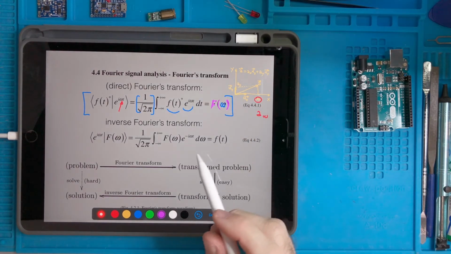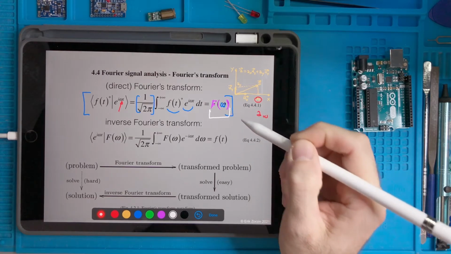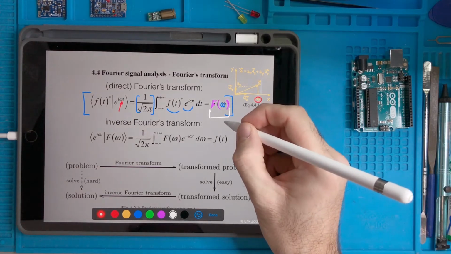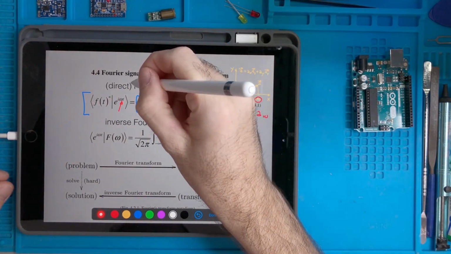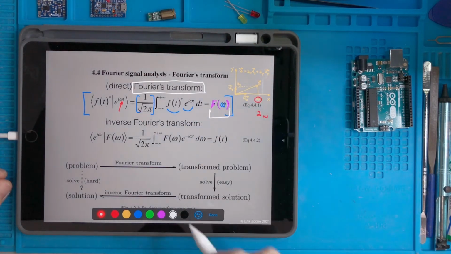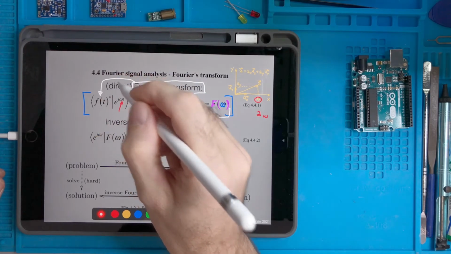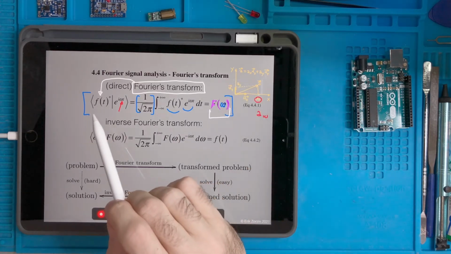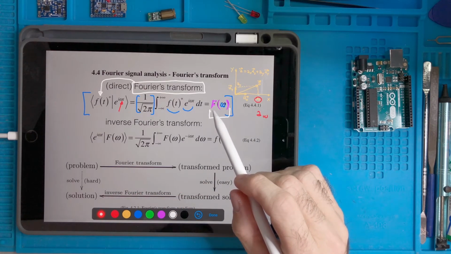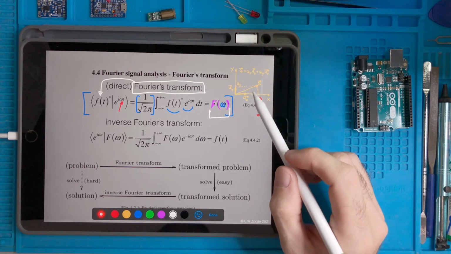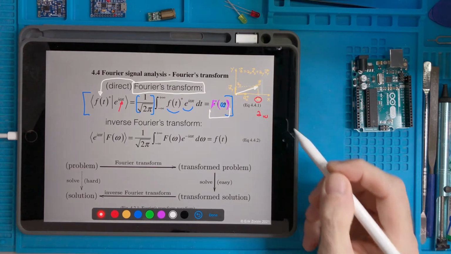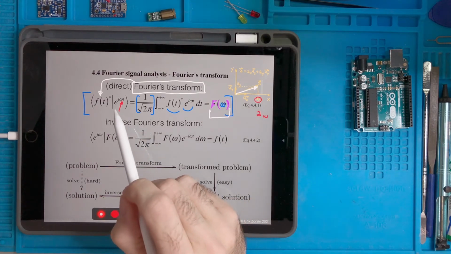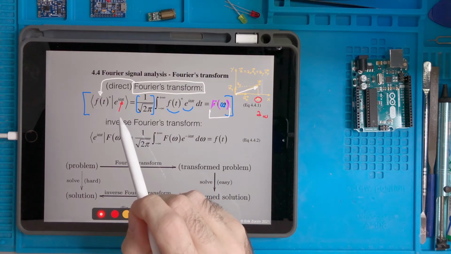So if we consider the collection of all those numbers, capital F depending on omega, then we have a function F of omega, and this is called the Fourier transform of f of t. F of omega is the Fourier transform of f of t. So it's the collection of all the projections of the function on every possible axis. And for us, the axes are complex exponential functions that we know are connected to frequencies.